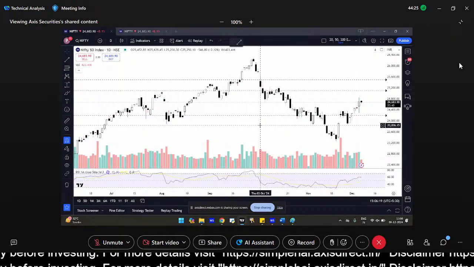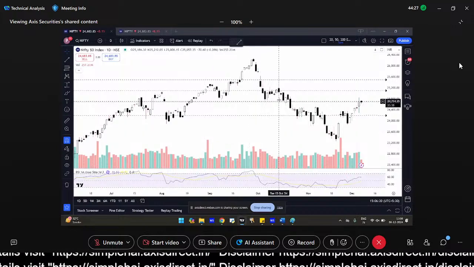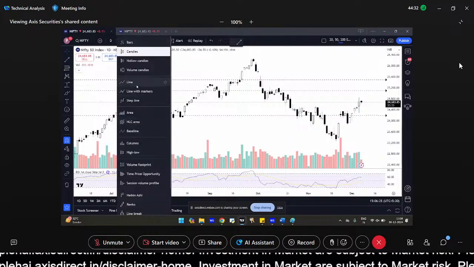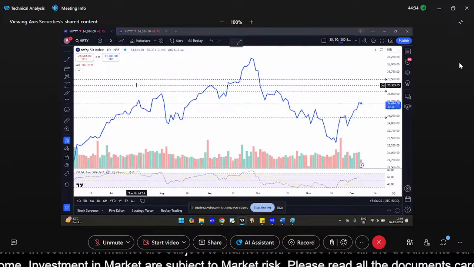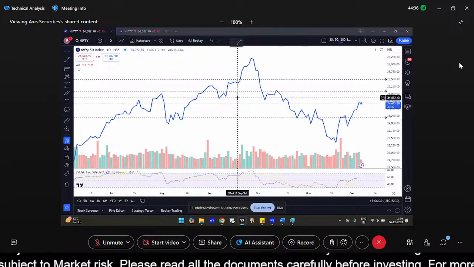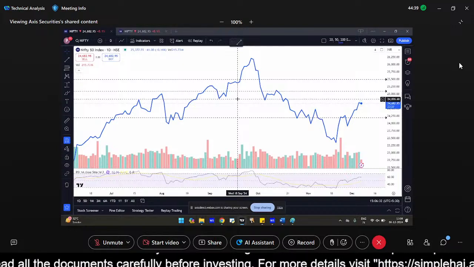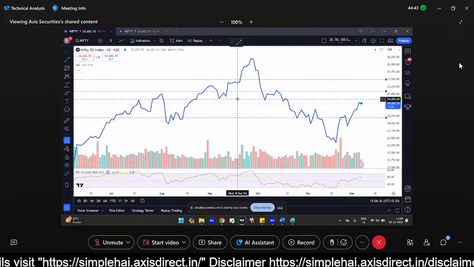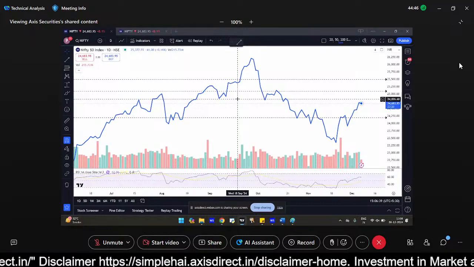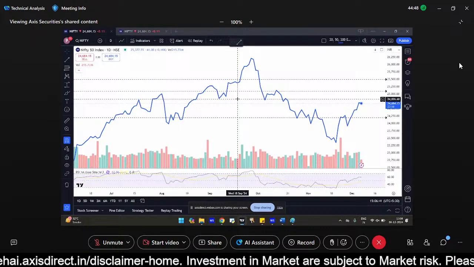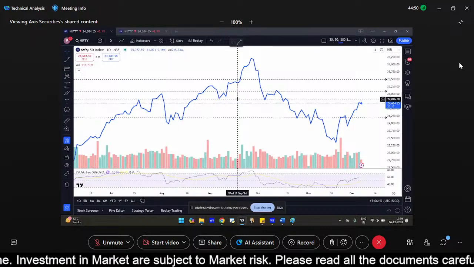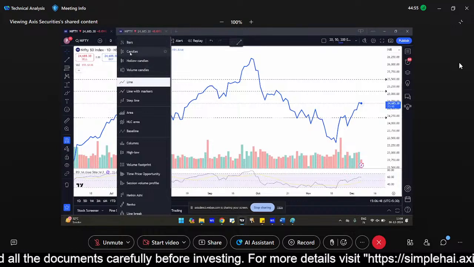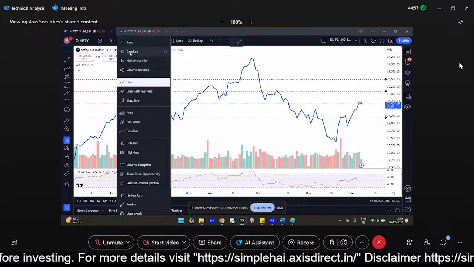So this is basically the Nifty daily chart, correct? If you want a smooth understanding of what the trend is, that is when you look at line charts. Now keep in mind that line charts only take into consideration the closing prices. So you will not get a clear picture from this; you will see how the market moved close to close. But if you want more detailed information, meaning you want to know where the market opened that day, what the high was, what the low was, and then what the close was, that is when you look at candle charts.